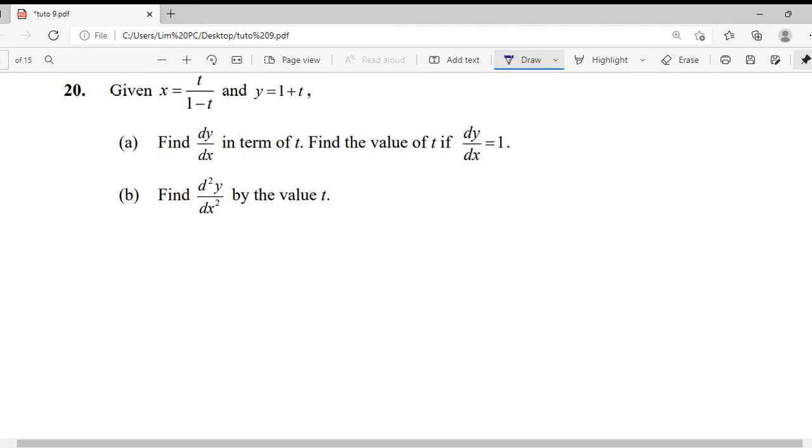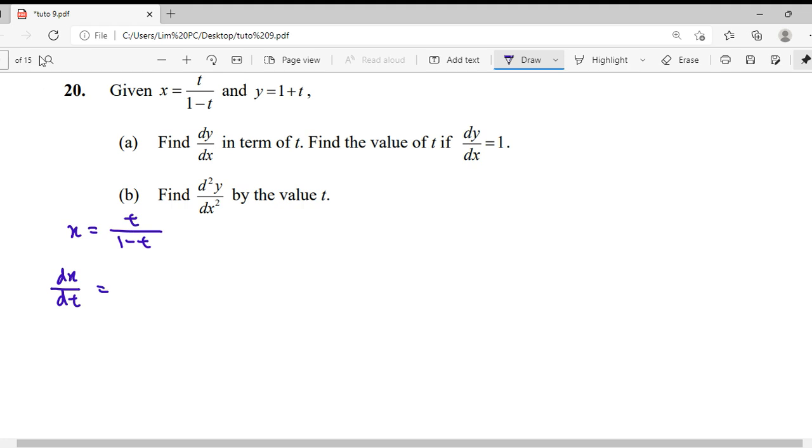Okay, so for question 20, our x, our y, so still in parametric questions. Now we're going to differentiate y, dy dx in terms of t, find the value of t when dy dx is equal to 1. Then find d2y dx squared by the value of t. So they are related. So for parametric differentiation, first of all, for x, when we want to differentiate dx dt,